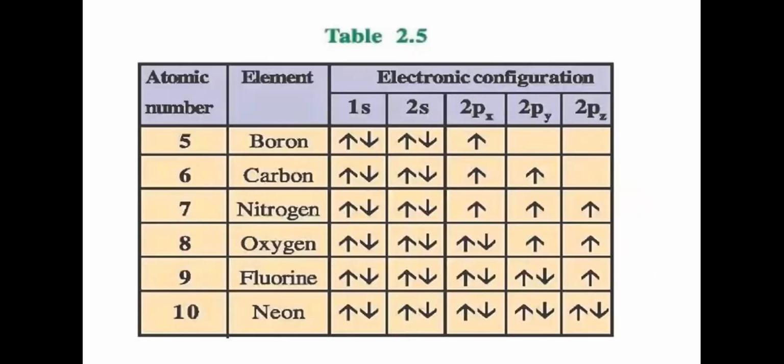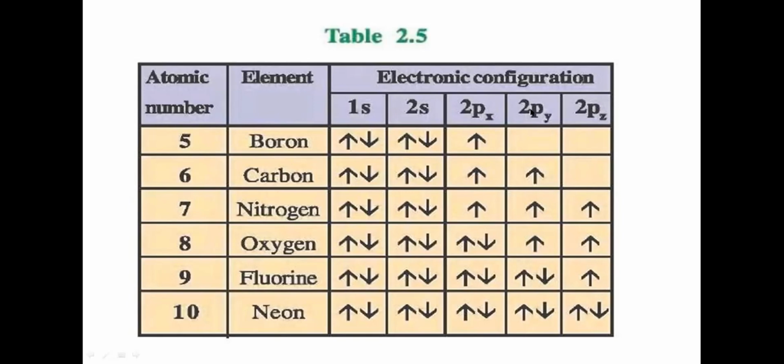Next, like this in the table, for example, the atomic number of boron is 5, carbon is 6, and nitrogen is 7. At this point, boron reaches the p orbital, so the 4 electrons in 1s and 2s are completely filled. Let's move to the p subshell, which has 3 degenerate orbitals: px, py, pz. If someone asks you about the magnetic moment, the values are 0, -1, and +1.